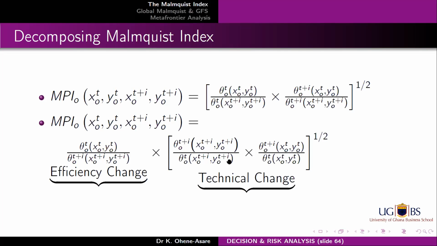But if this one is positive, it means that the entire industry is doing well, and this particular firm has capitalized on the technological change. So this technical change, if it is greater than 1, remember that is the only one carrying the square root, what it means is that the firm, that particular firm, has taken advantage of